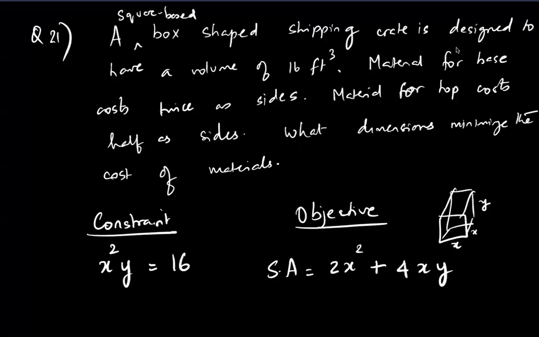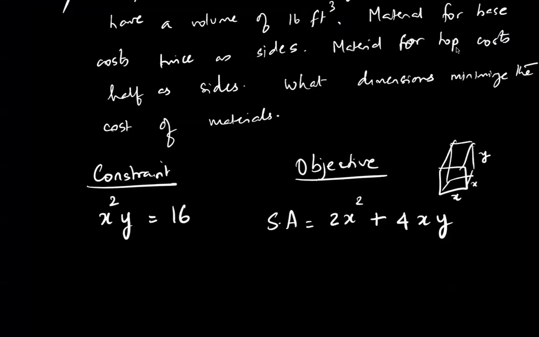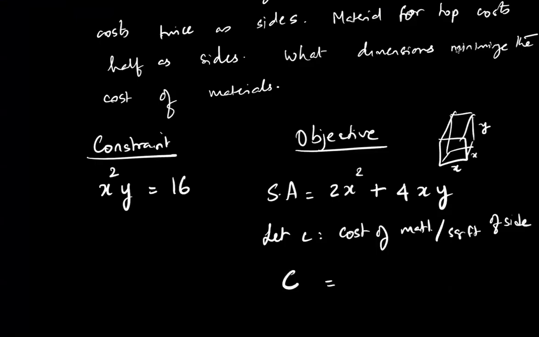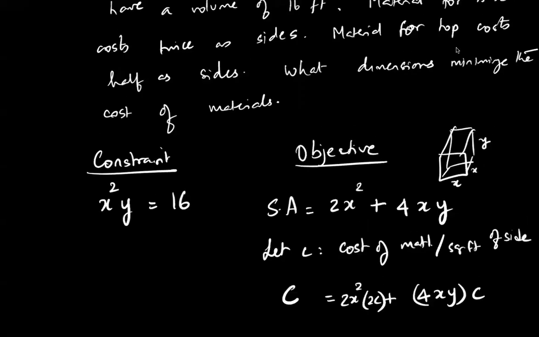So what they have told is that the material of the base costs twice as much as the sides. So let me say that C is the cost of material per square foot of the side. Now if I'm writing a cost function, what happens? The side cost will be 4xy times c, right? Whereas the base cost will be 2 times c, because they told you, no, wait, material for the top